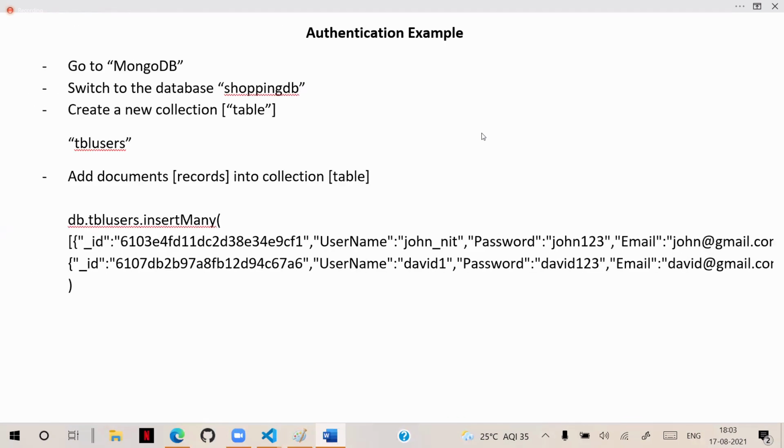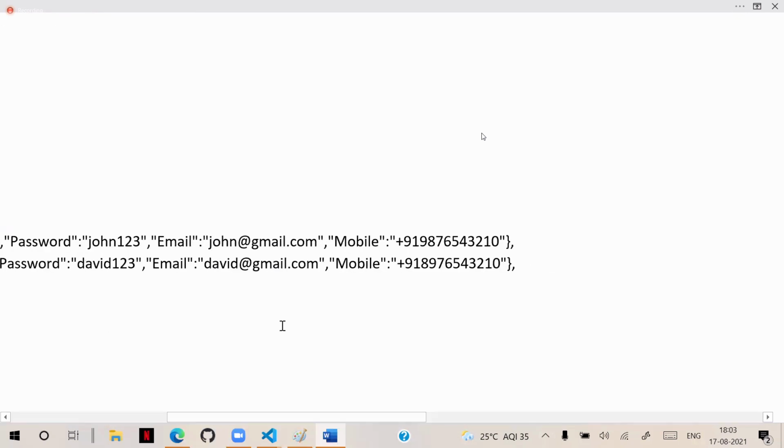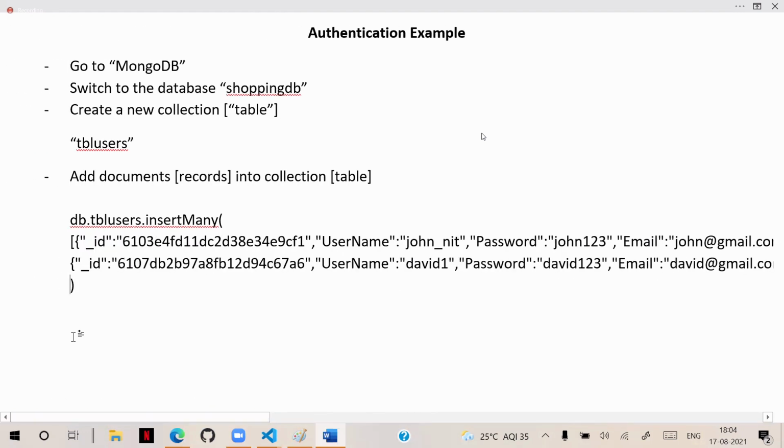We already know how to insert records into the database. Just temporarily we are adding 2 users information there. So the users information is added, that is the user available. We configured the user information and defined it.